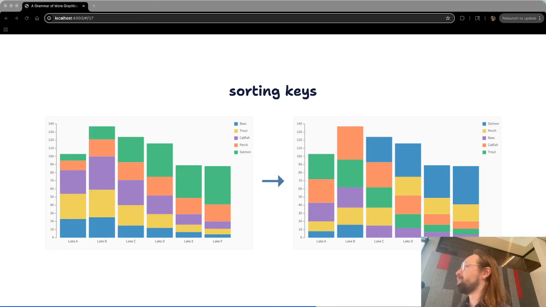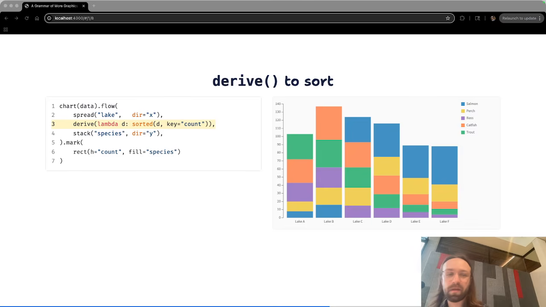You can see here, oh yeah, also the color shifted again, we've got to get back to legends, but in the one on the right, salmon goes from the least populous in lakes A and B to the most populous in lakes C through F. Whereas on the left, where salmon is green, it's a little harder to tell the relative ordering of everything. And in GoFish, it's very easy to do this move compared to a lot of the high-level charting libraries,